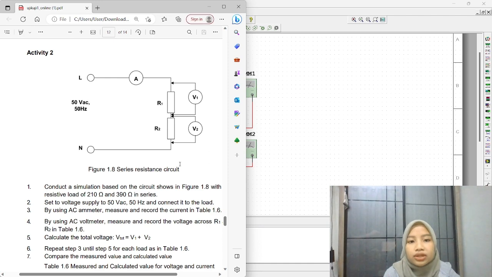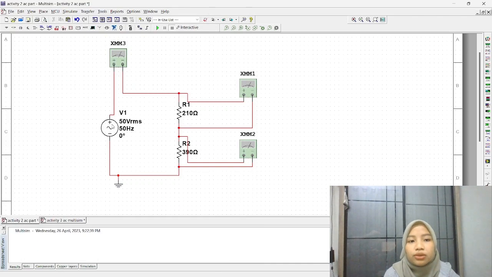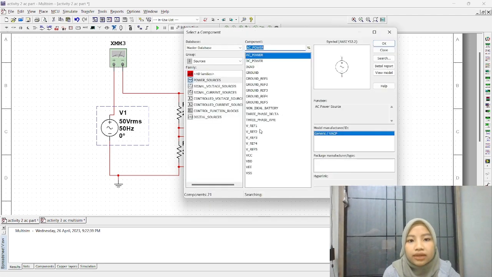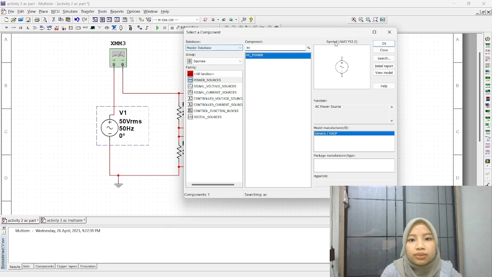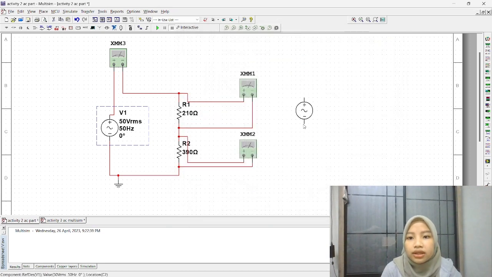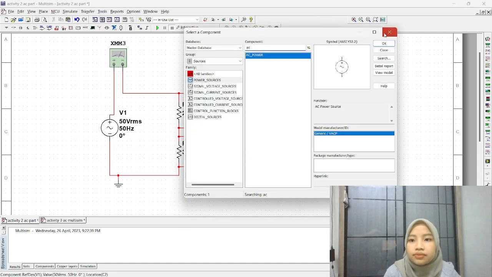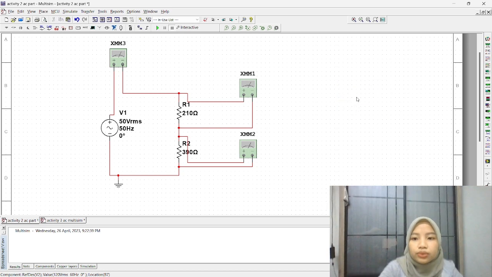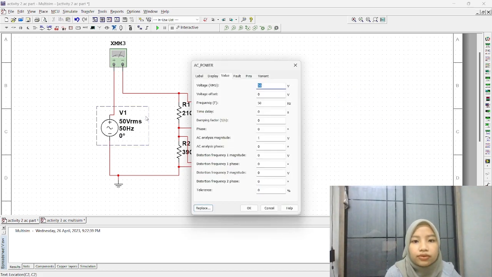Okay, to design this circuit, we must find the tools that we need to use. First, for this element, we must find the place source, then click at the component and search AC power, and then click OK. Okay, this is to get the same. But we need to set up the value of voltage, and for the frequency we use 50,